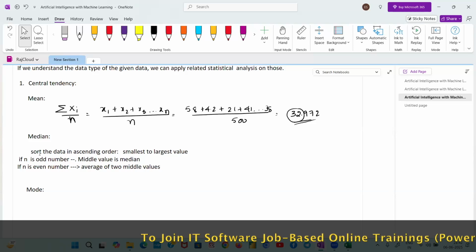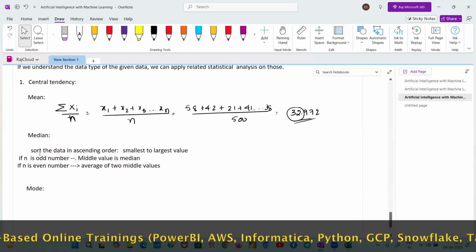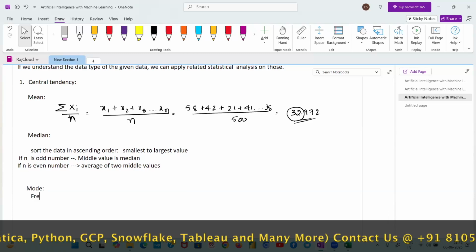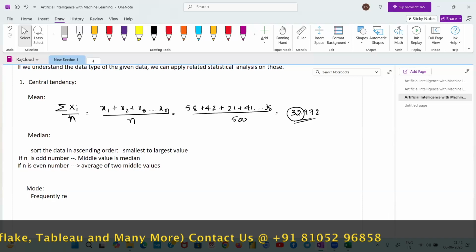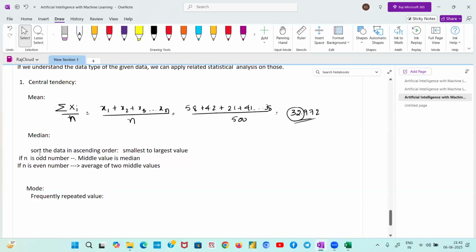Okay. Similarly, then what is mode? So mode is actually the frequently repeated value. Whichever value is most repeated throughout the whole data. Okay, let's say